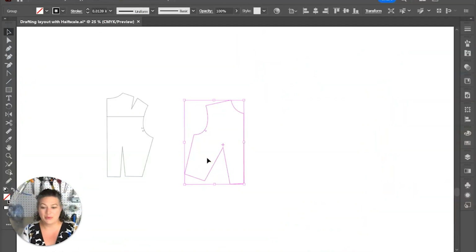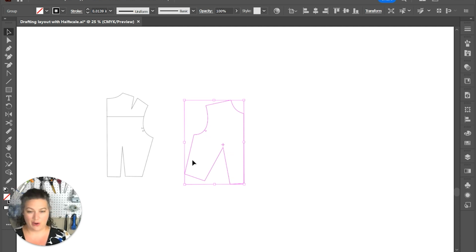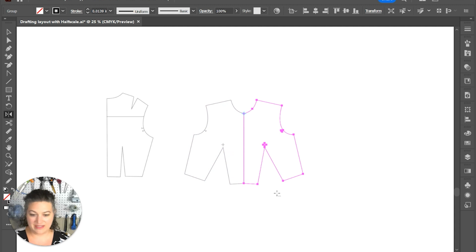So let's get started. I am going to bring up Illustrator and we're going to get going. So the first thing I need to do is reflect my bodice across that center line. Since it is going to be an asymmetrical thing, I can't do everything just on half. It's going to be crossing that center line, so we've got to have it full. So we're going to reflect it and go right across that line,